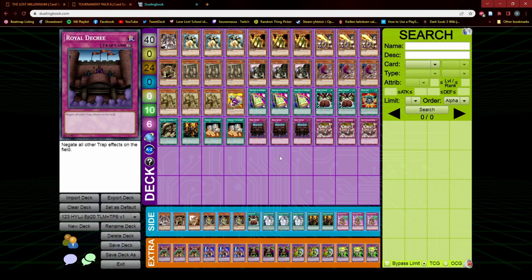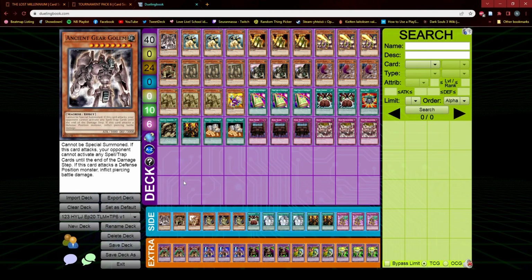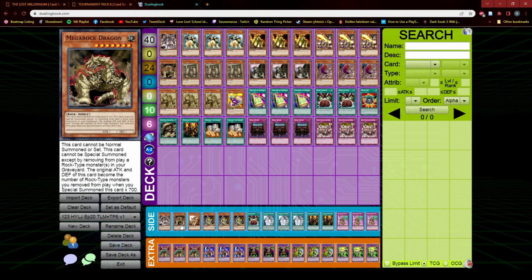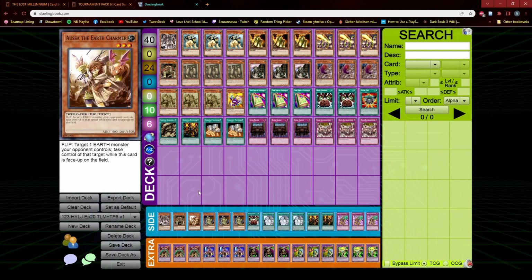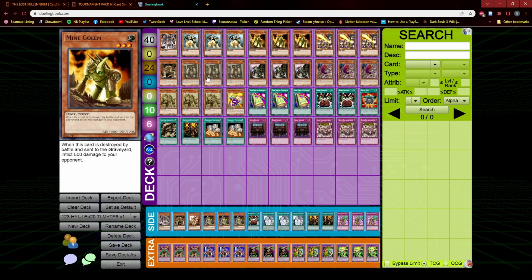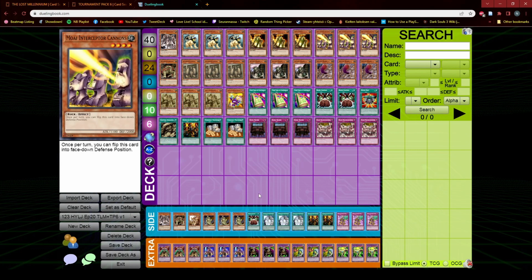Most importantly, probably Hero Signal. So yeah, as for the side deck, another Ancient Gear Golem and another Mega Rock Dragon if I feel like games are going really slow and I still can't seem to find my actual boss monsters. Single also the Earth Charmer. This is just because a lot of these Earth cards, Earth Rocks, are actually just really good overall, and since there are so few hero cards,